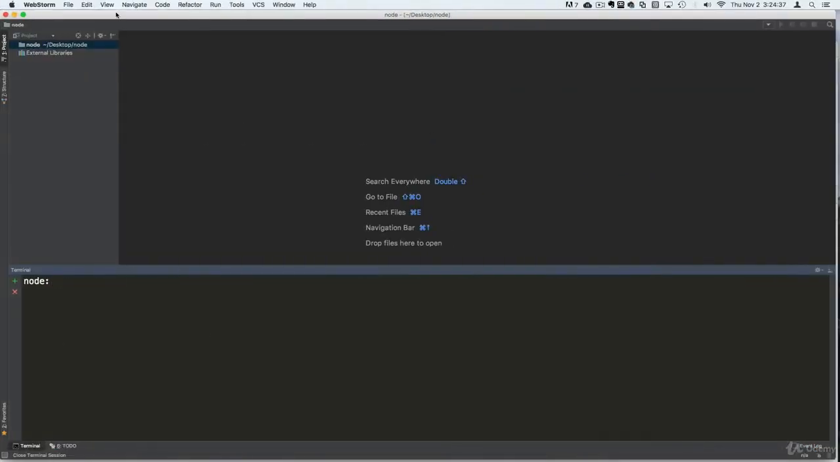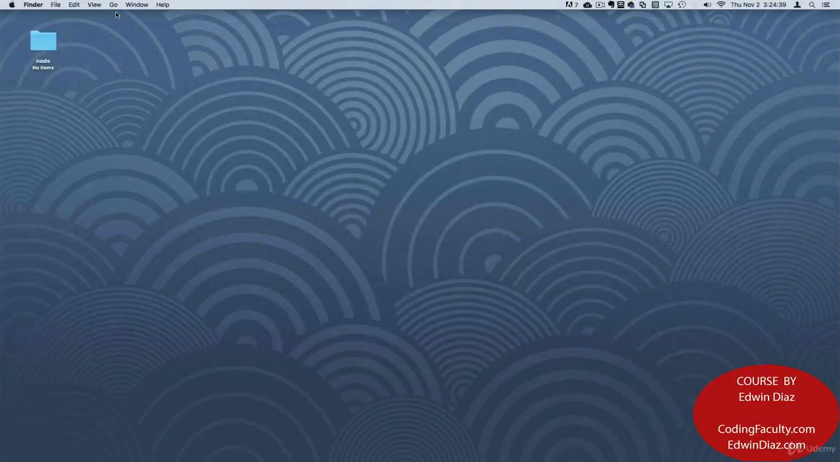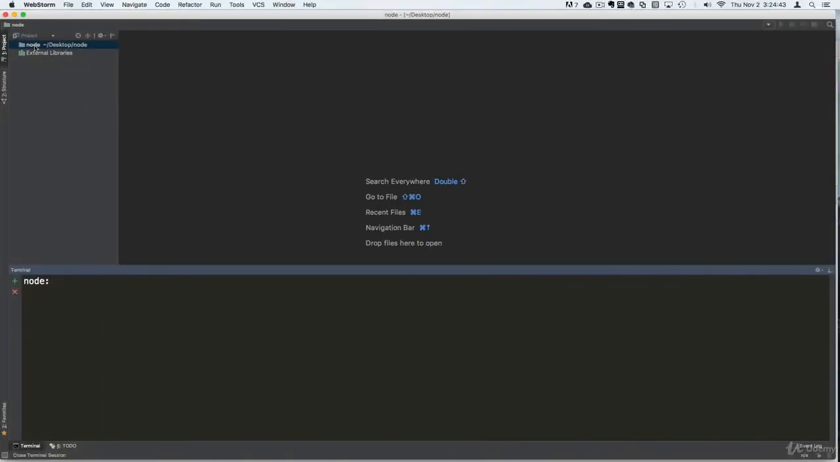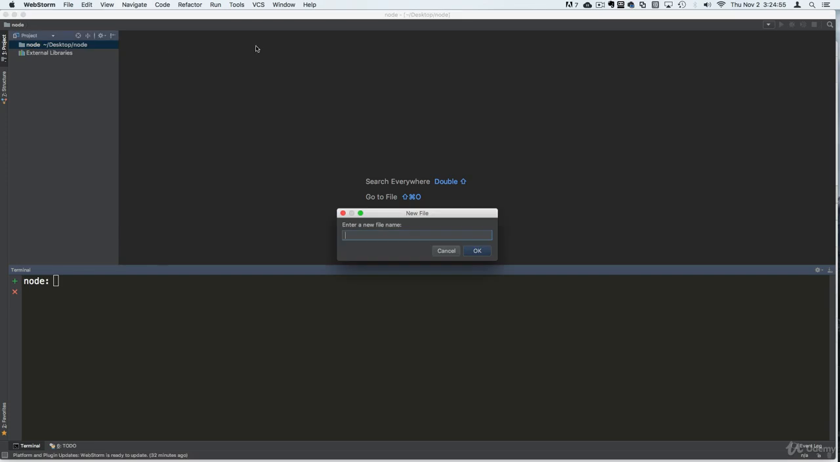So I have my IDE open here, and I created a folder called Node. Okay, I want to show you a little different way that Node and the browser behave when it comes to variables and the global scope. So let's create a file here. I'm gonna call this index.html, and you know what? As a matter of fact, let's just call it global.html,